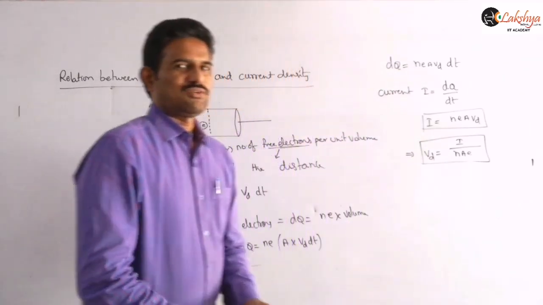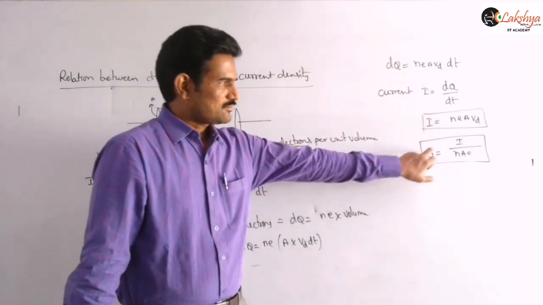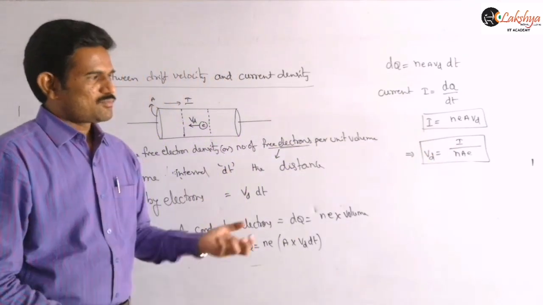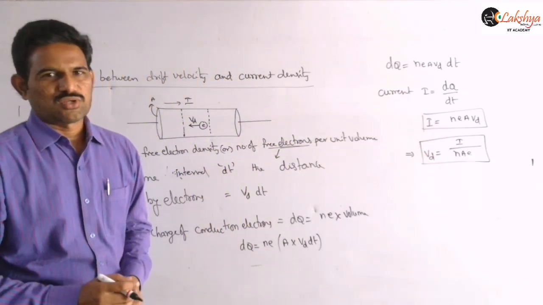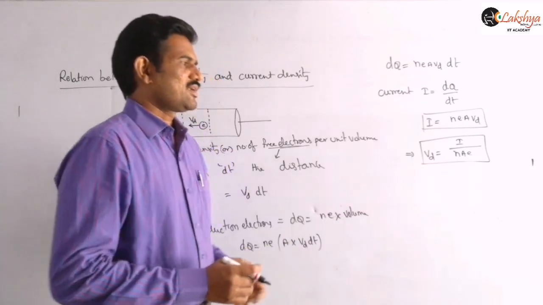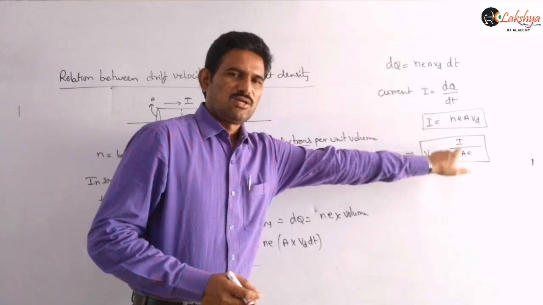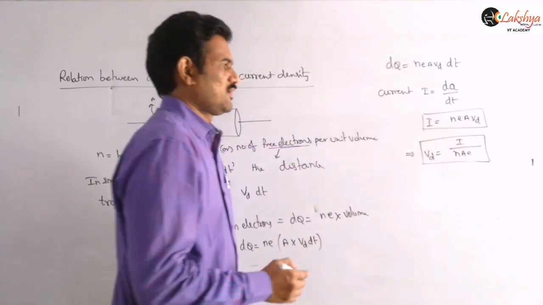So now this is a relation between drift velocity and current. So you need to remember this relation. And in terms of current density, if you are expressing, then simply we know that current per unit area is nothing but we call that as current density. Therefore,